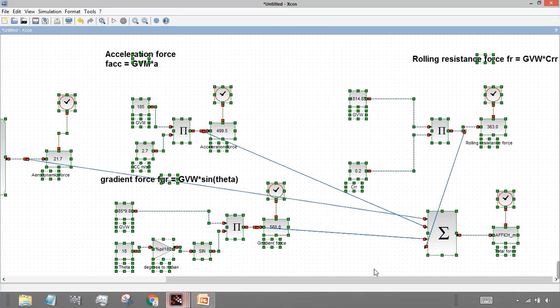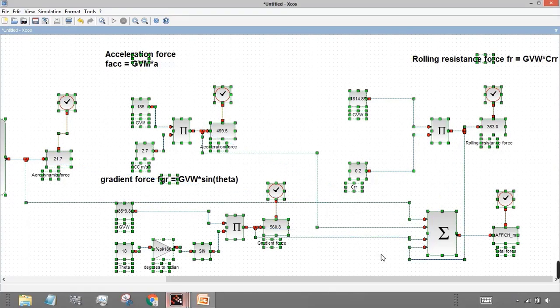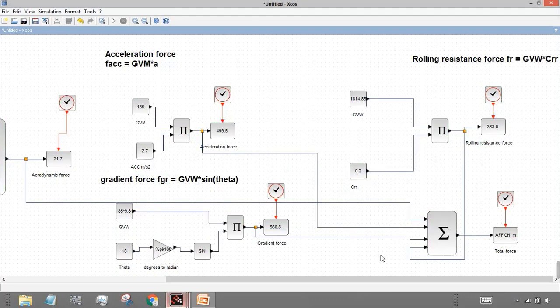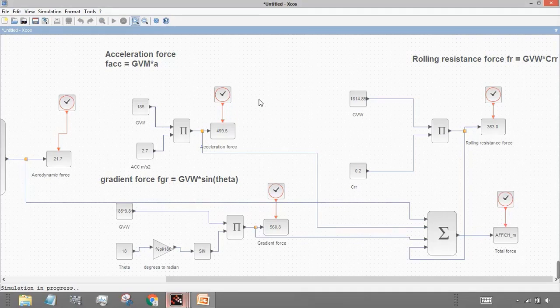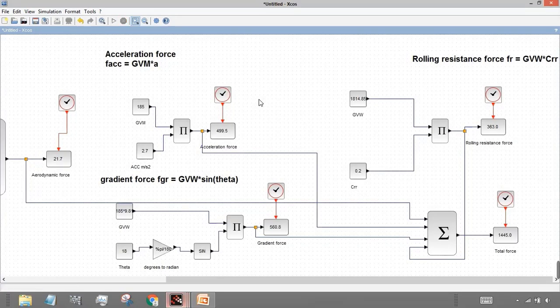Then Control K and optimize this connection, and then just run the simulation to calculate how much total force will be required to move the vehicle. So this is around 1445. Thank you and have a nice day.